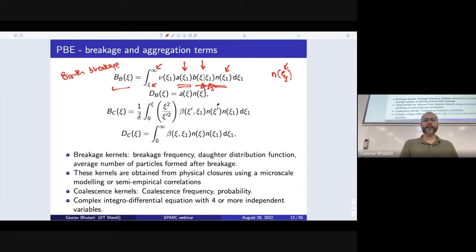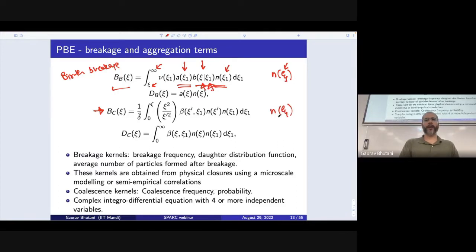All right. So collectively, this integral will give us the birth of particles of size xi due to breakage of larger particles. Next is birth due to coalescence. So what happens is, to get a particle of size xi,